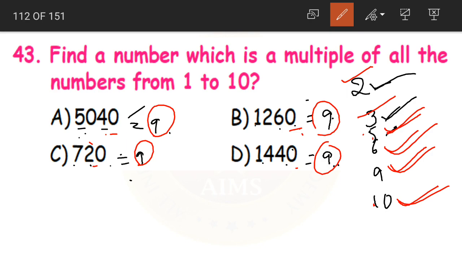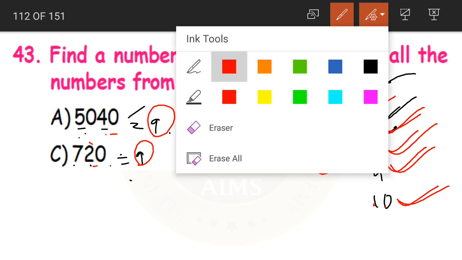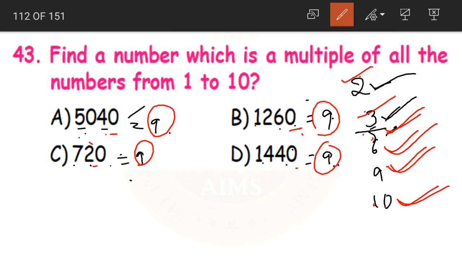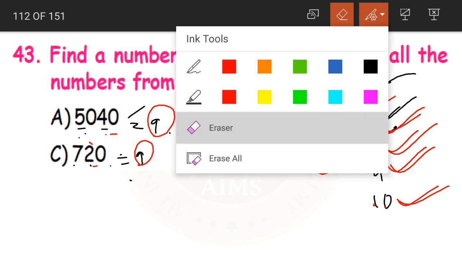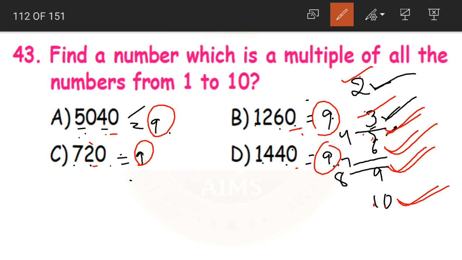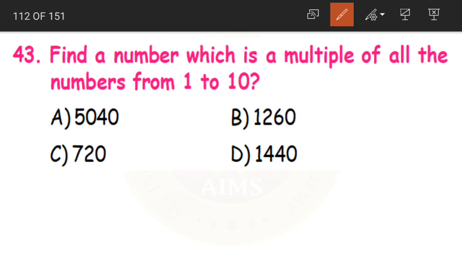Yes children? Yes. So the given numbers are divisible by 2, 3, 5, 6, 9 and 10. Now what are missing here? 4, 7 and 8. Sorry, 8 should be here, right? 4, 7 and 8. Let me write the numbers here. We should check which of the number is divisible by all these 3. Now let us start with 8.